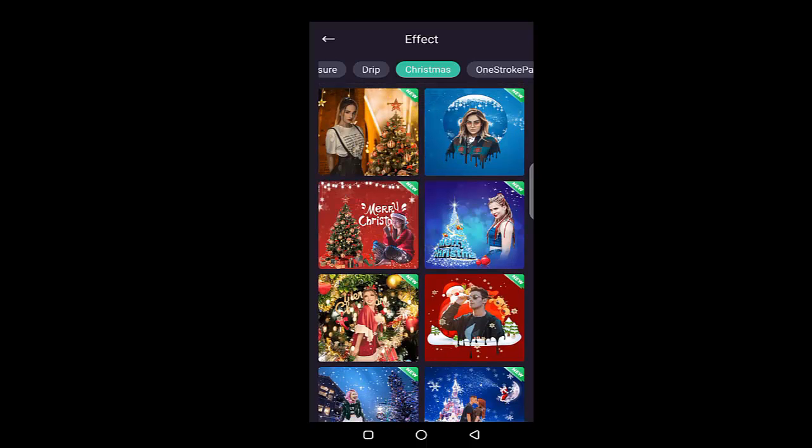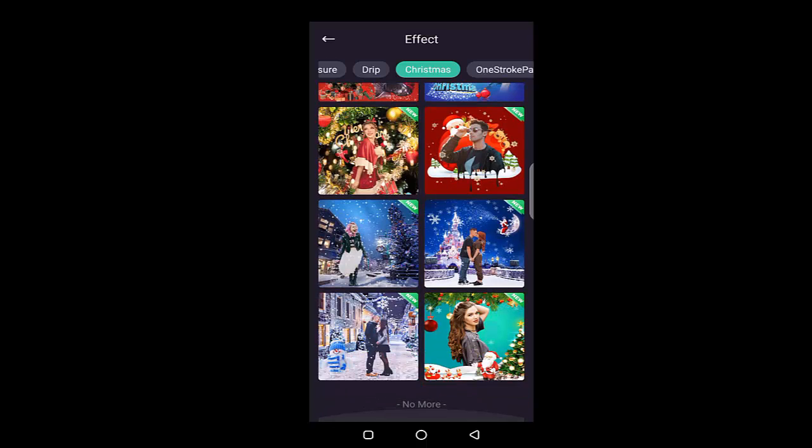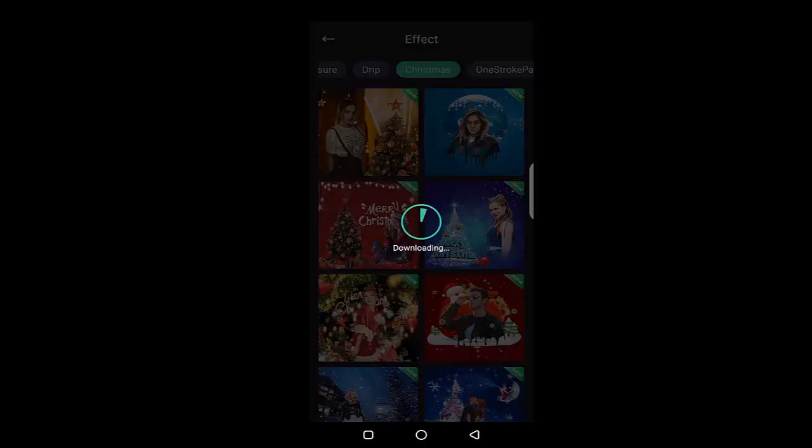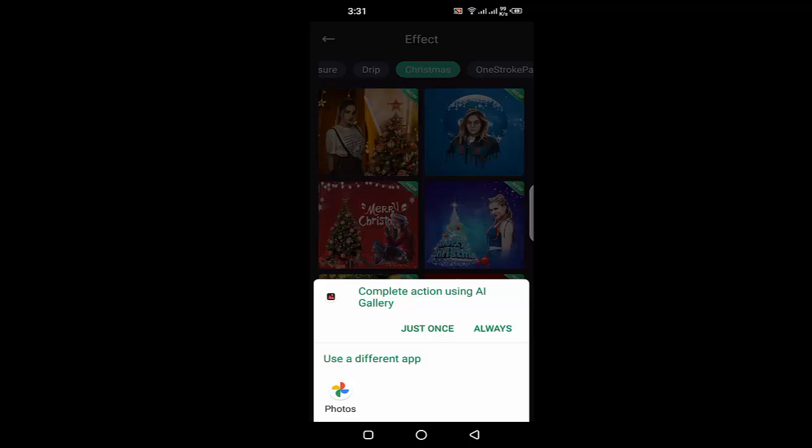So I'm going to select one of the effects. Let's try this. This application uses your internet, so you have to enable your internet data connection or Wi-Fi connection. So add one of the